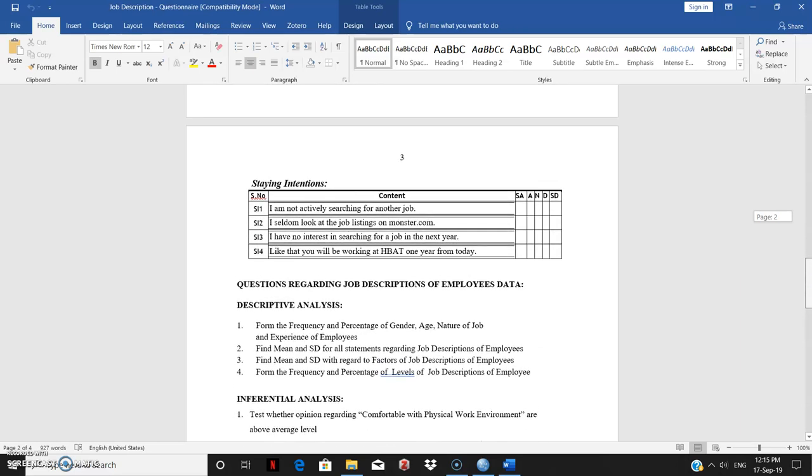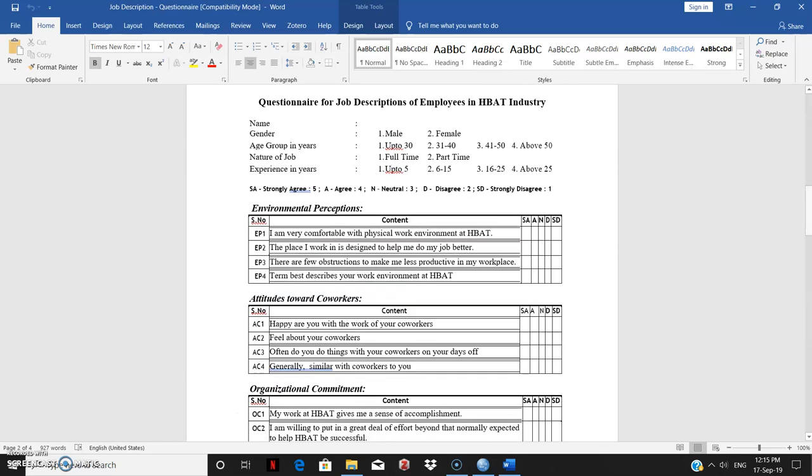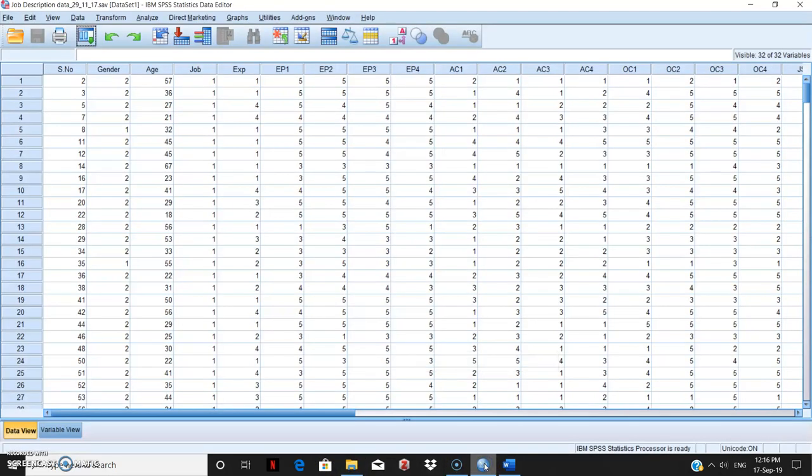But now the first thing that we will do is, okay, I have got all these responses from the respondents. What next? What should I do with that? I have to get a composite score for the environmental perception. And similarly for the other variables, I need to get a composite score. Now let us go to the SPSS data editor to see how these were captured.